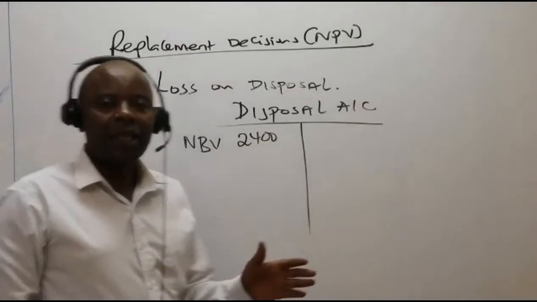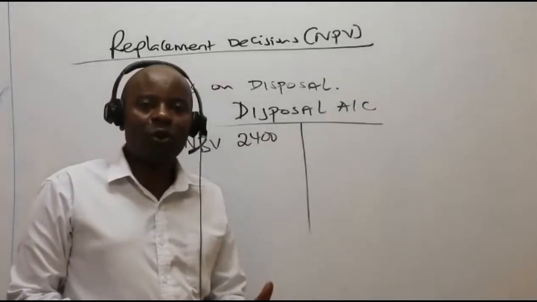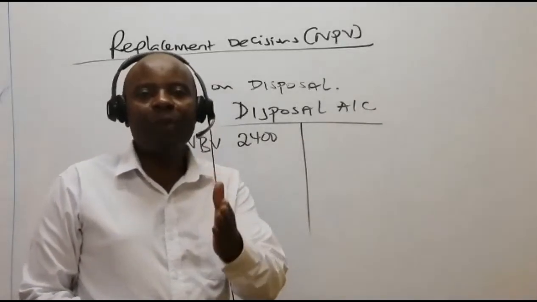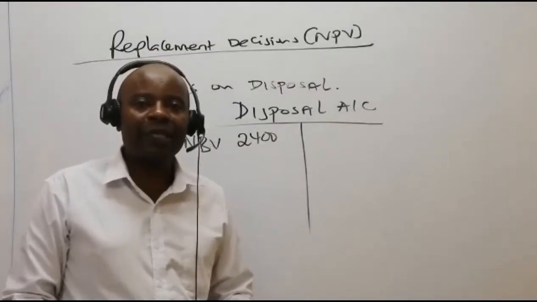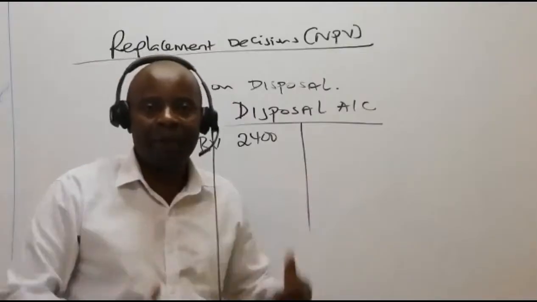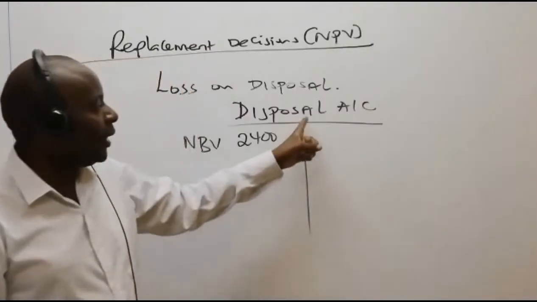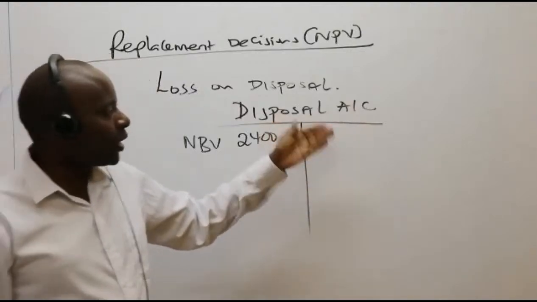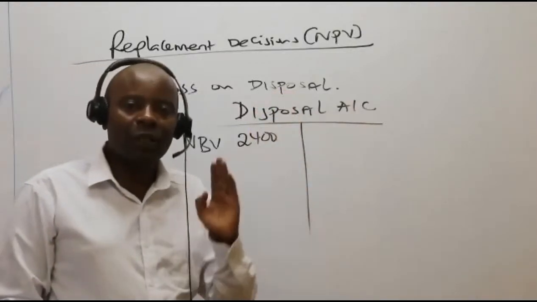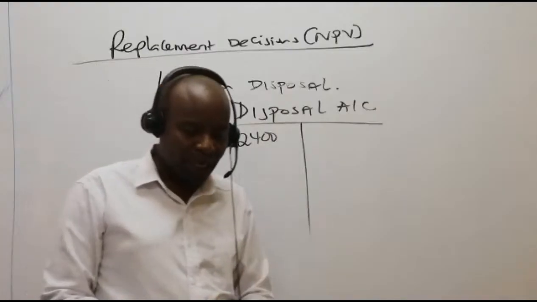And then the other thing, of course, next in disposal, I expect to receive money. So when I receive money out of selling this old equipment, what is going to happen is that I will debit my bank account, I credit my disposals account. So look, in this case here, for the proceeds we expect to get by disposing this old